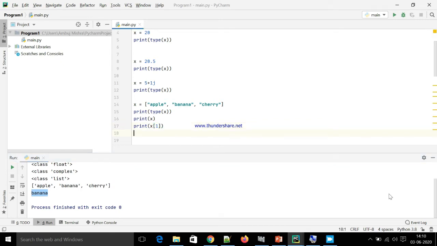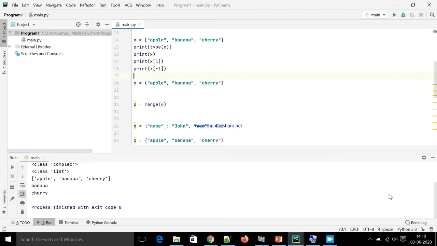And if you want to access the elements from the back side, then you can pass the index number as a negative value. That is -1. Then this will print the last element of that list. See, -1 is cherry, the last element of the list.